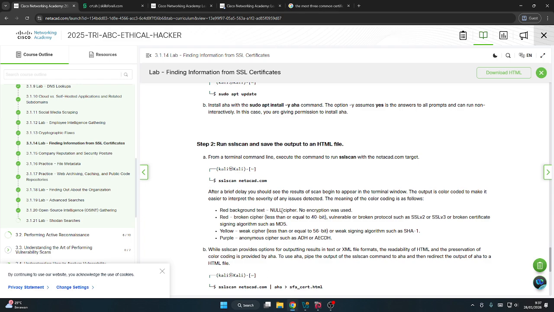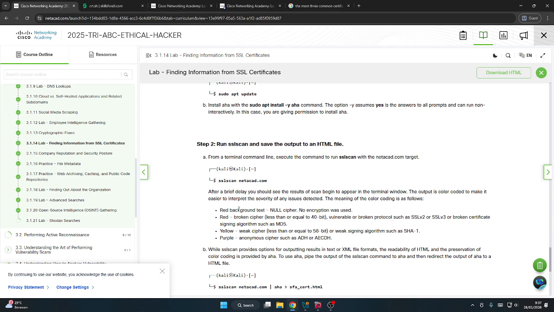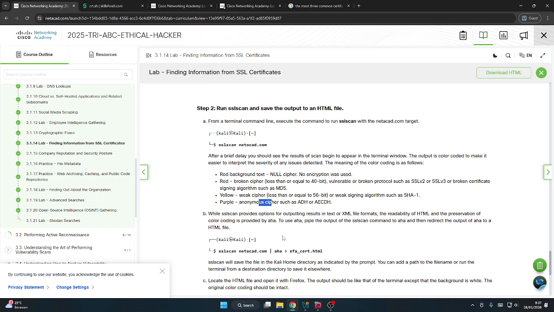Red background text is null cipher, broken cipher, yellow weak cipher, purple anonymous cipher.